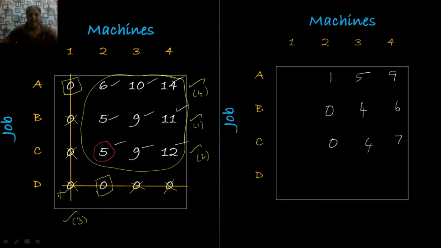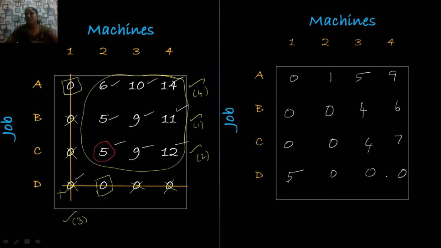And we have to add this minimum element to the point of intersection of the straight lines. This is the only portion where the two lines intersect with each other. So 0 plus 5, 5. This portion we have 5. And you have to write down the remaining elements as they are. So first row we have 0, second row here we have 0, third row here we have 0, and for the last row here we have zeros.